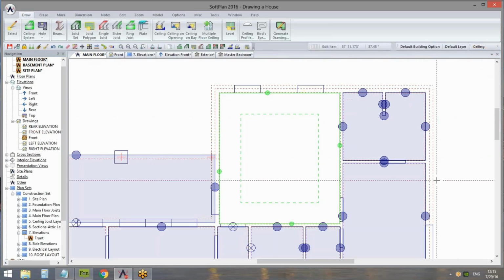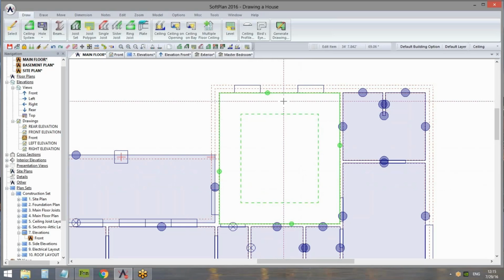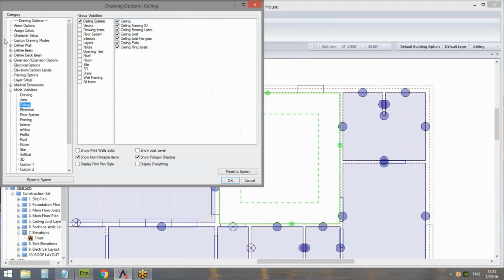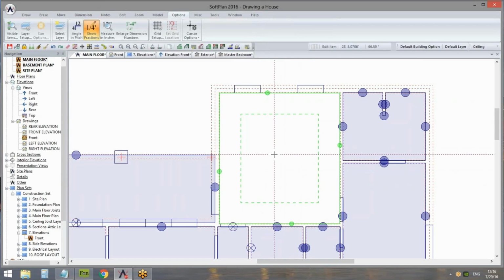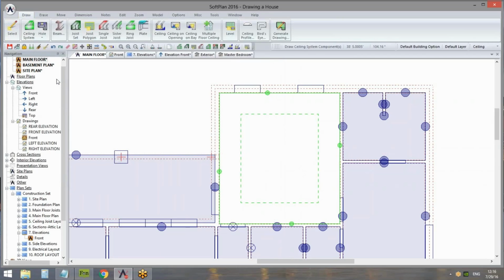So when we go to ceiling mode to draw in the ceiling to fill in the space in the middle, the bulkhead's not going to be visible by default. So what I've done is in options and visible items, I've turned it on here. So we can go to interiors and just make sure the bulkhead is checked. That way you know where to trace your ceiling if you want to be precise when you're generating a soft list report. So here we can just simply manually trace in the ceiling,